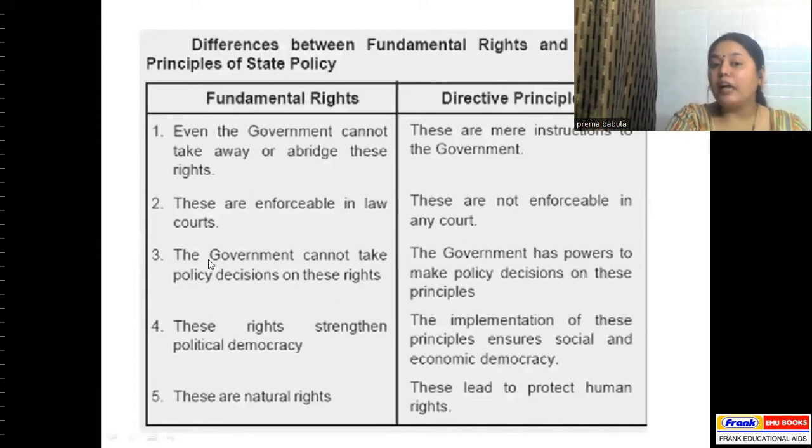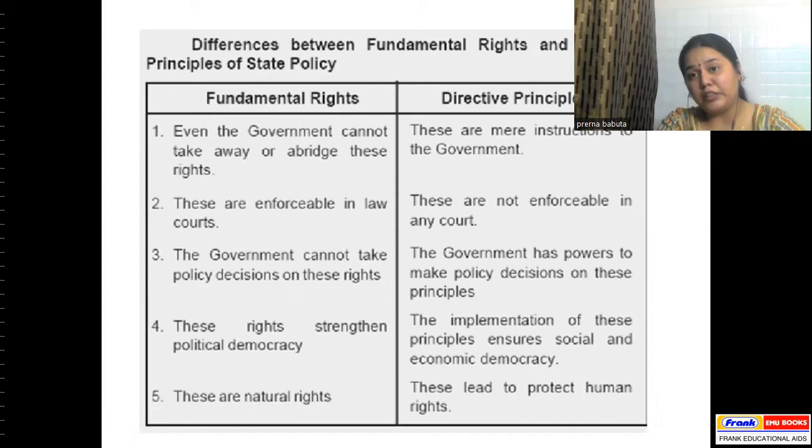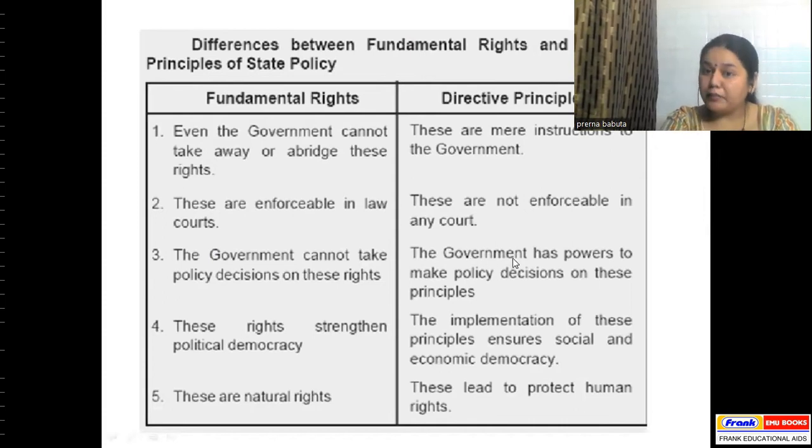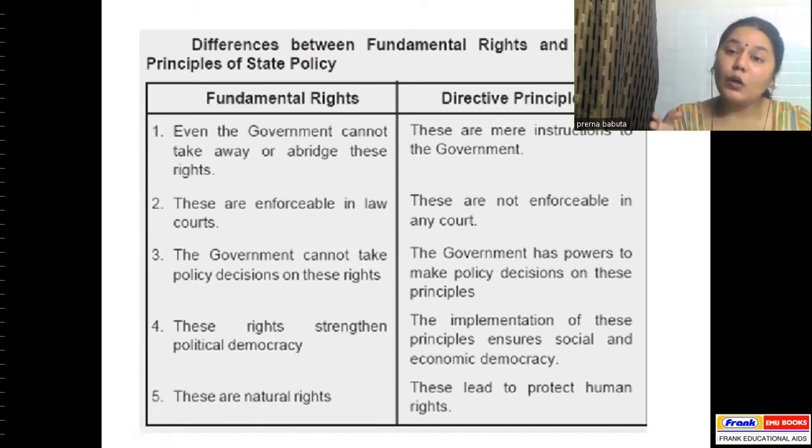Third, the government cannot take policy decisions on these rights. So related to policy, the government cannot take any decisions when it comes to fundamental rights. But when we talk about directive principles of state policy, what happens? The government has power to make policy decisions on these principles. Why? Because I just told you